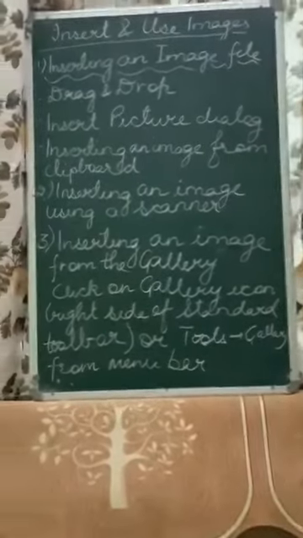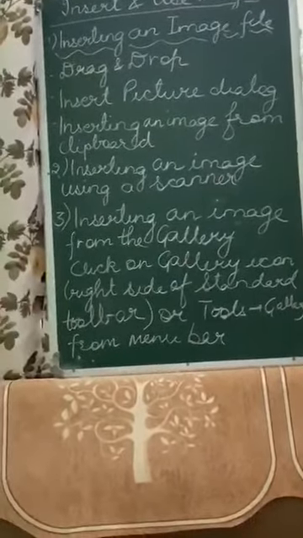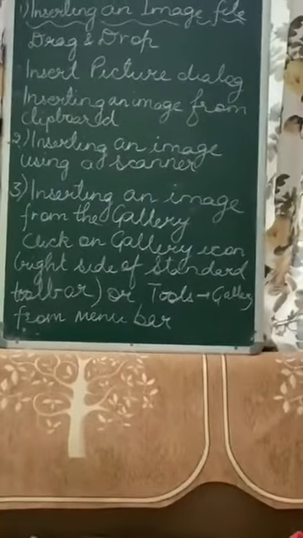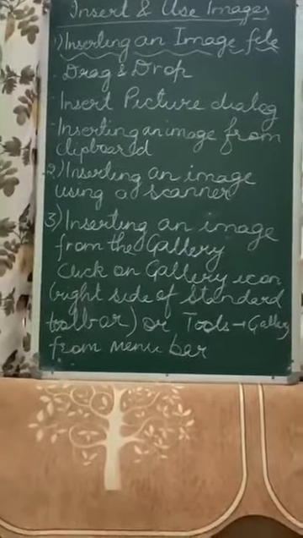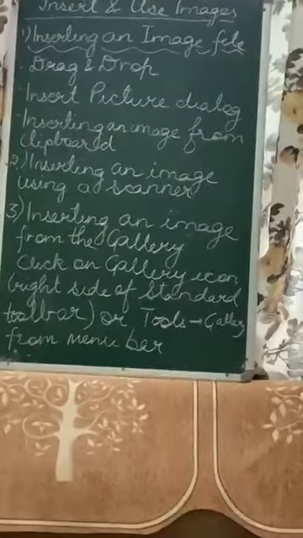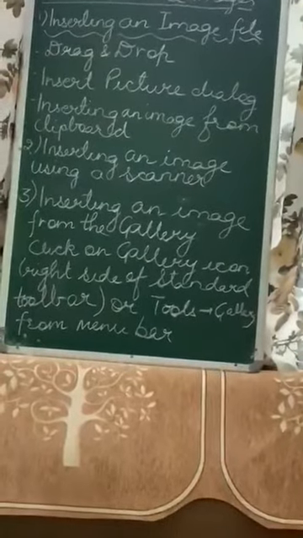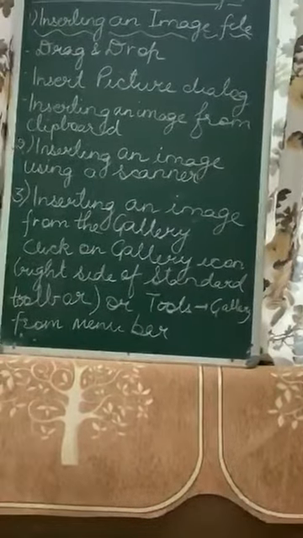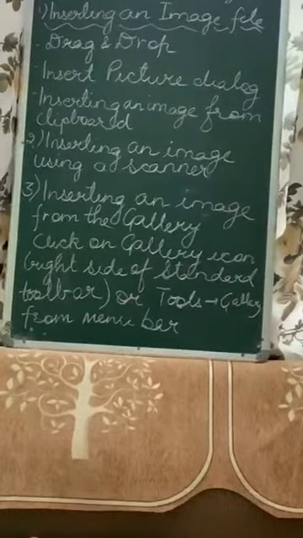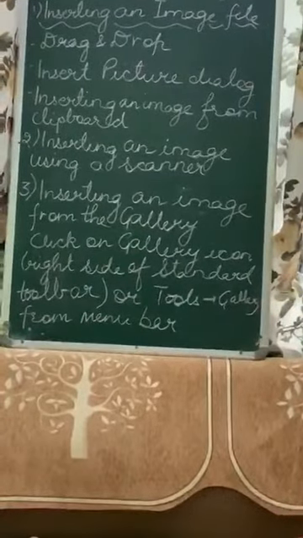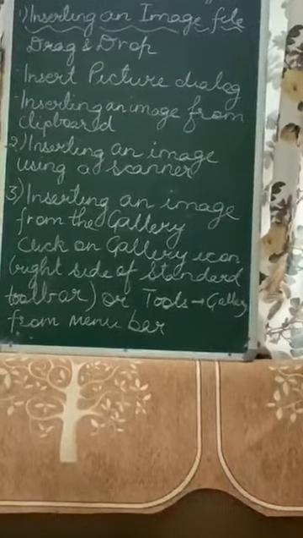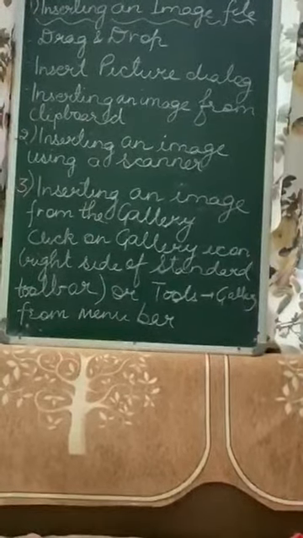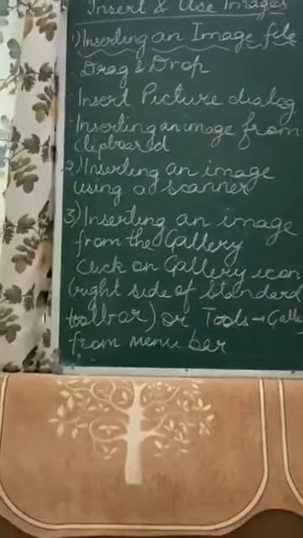Next is the insert picture dialog. Click on the openoffice.org document where you want the image to be inserted. Now choose insert picture from file from the menu bar option: Insert, then Picture, then From File. On the insert picture dialog, navigate to the file to be inserted, select it and open it. Here you will find a variety of images. Whichever you want, just select it and open it.